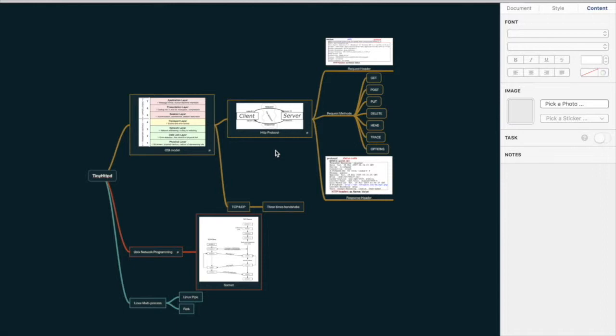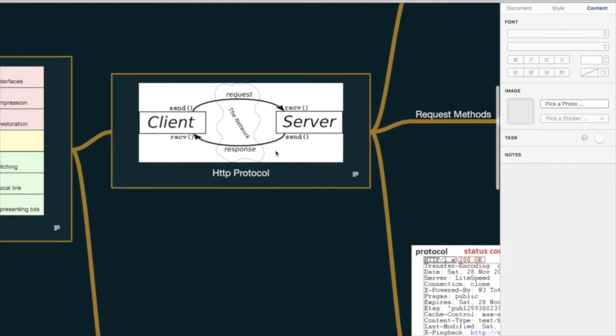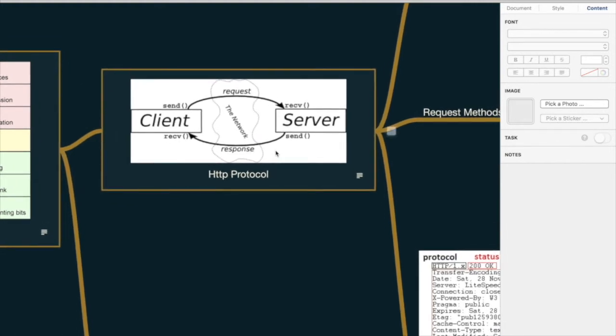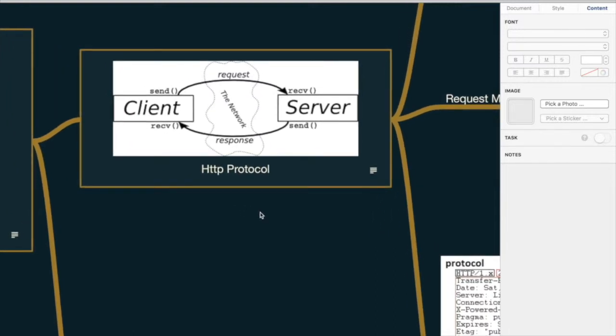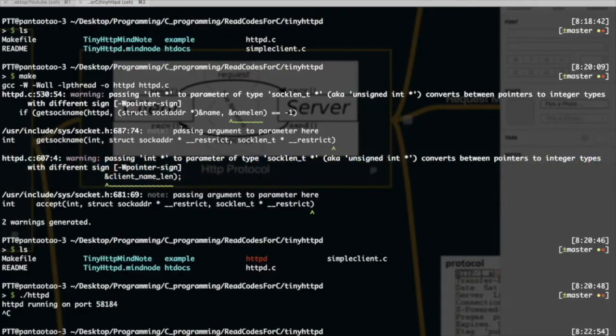This is the mind map. I want to talk in a very simple way about how a client and server architecture works. Basically very simple: a client like our browser, or actually it is not necessary to be a browser. For example, we can use